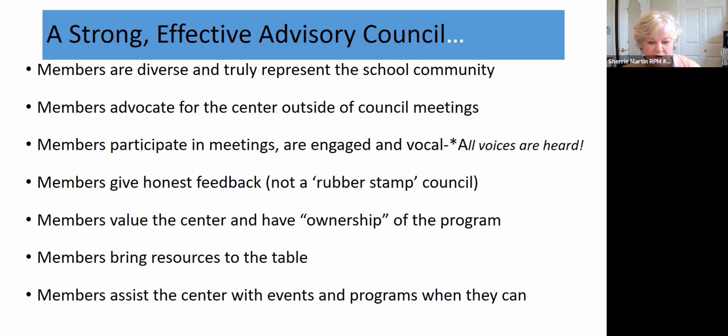So you have some good handout resources in your new coordinator's orientation binder. Let's see, we have a chat, and I see Julie says we have a church group that does our snack program every other week. And that is very nice. Thank you for sharing your ideas with each other and with the whole group. You really have some good thoughts and great ideas, and I know you'll have good, strong councils.